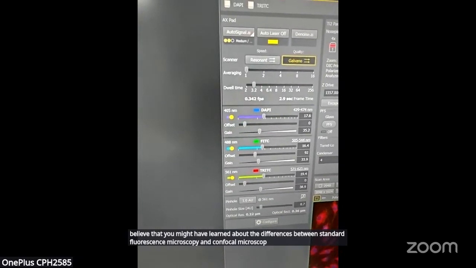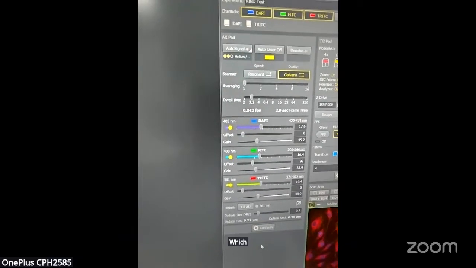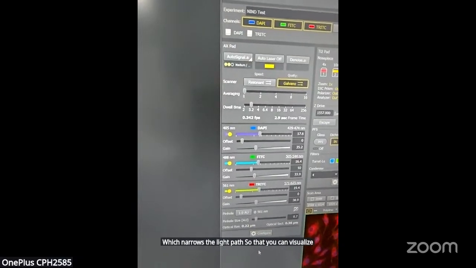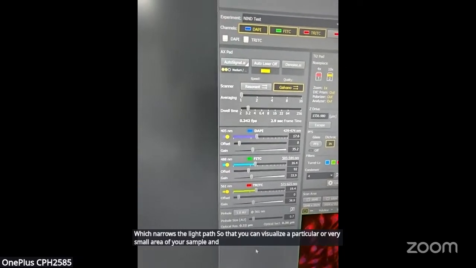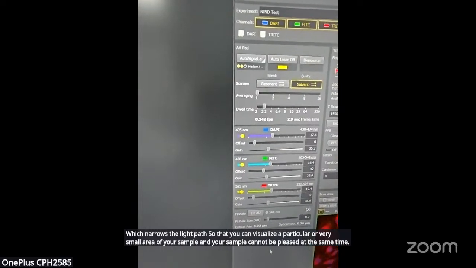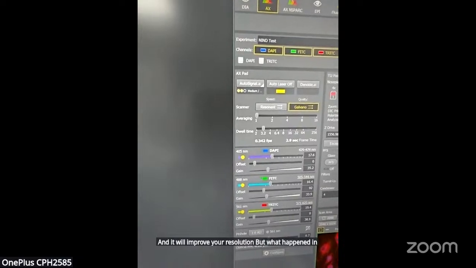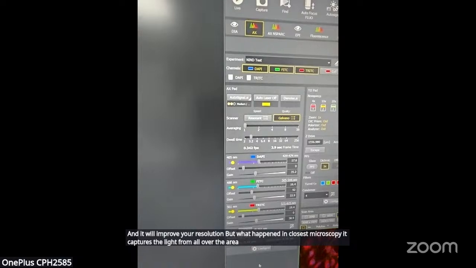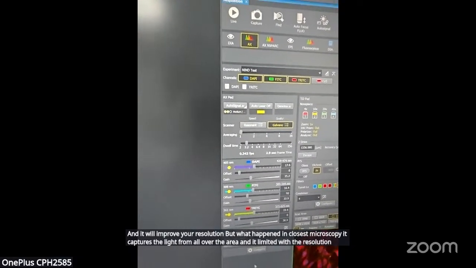So confocal microscopy has one pinhole which narrows the light path so that you can visualize a particular or very small area of your sample, and your sample cannot be bleached at the same time, and it will improve your resolution. But what happens in fluorescence microscopy, it captures the light from all over the area, and it is limited with the resolution, and also your samples will be bleached out.